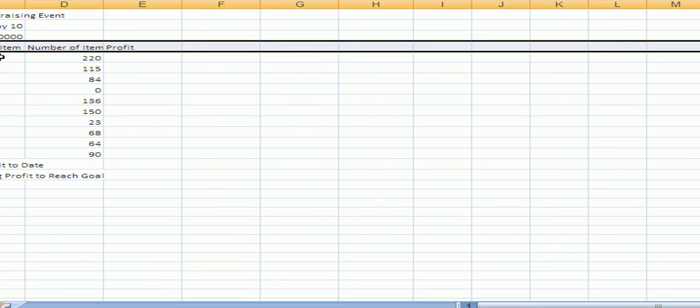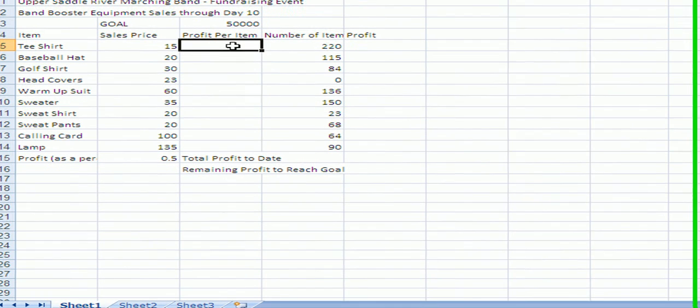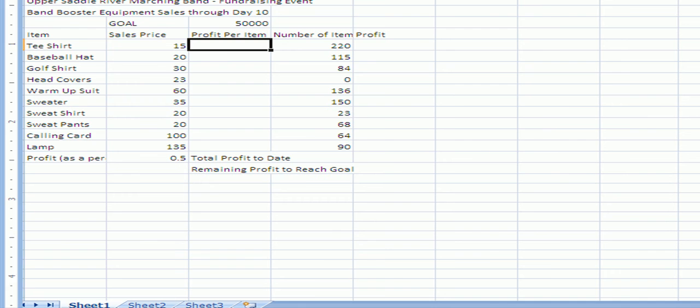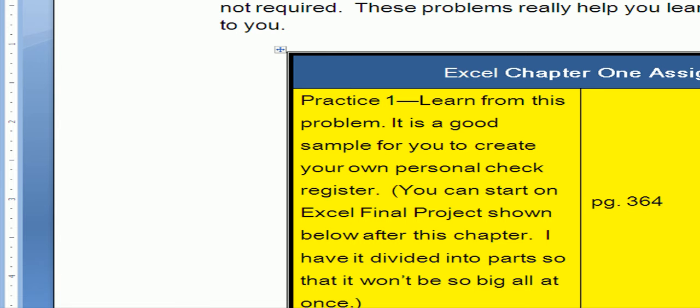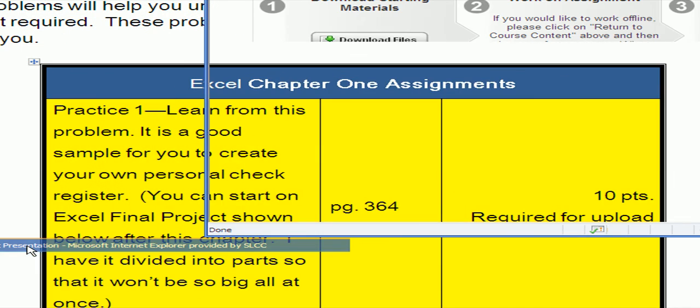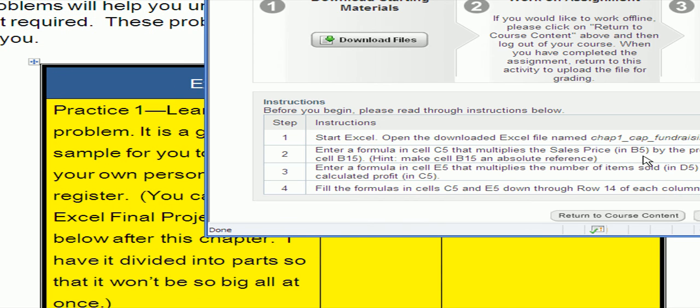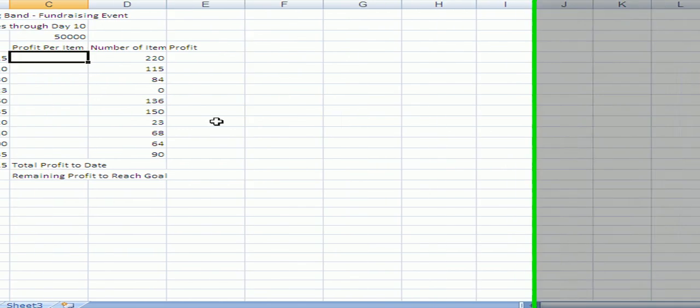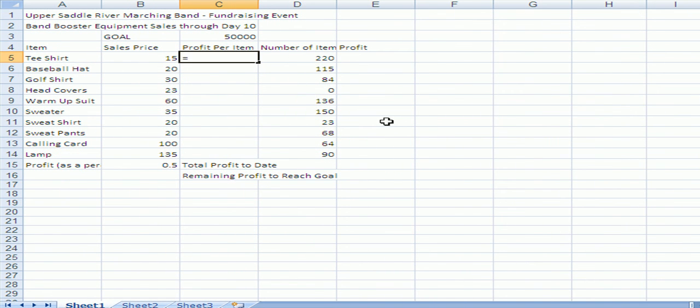So the instruction said, enter the formula that multiplies the sale price in B5 by the profit rate. So anytime you do a formula, you start it out with an equal sign. So the sales price is 15. The symbol for multiply is an asterisk, and